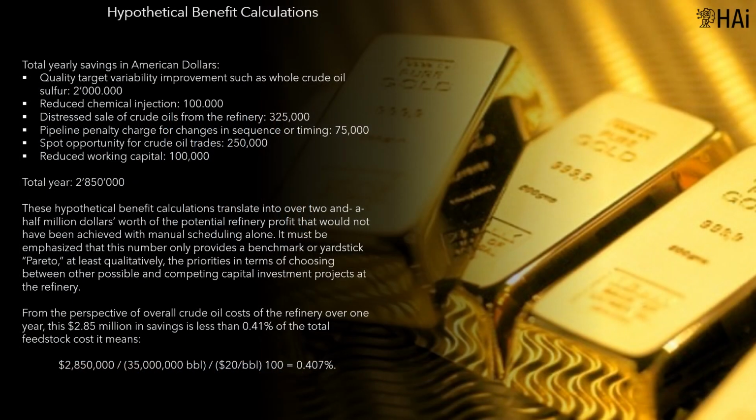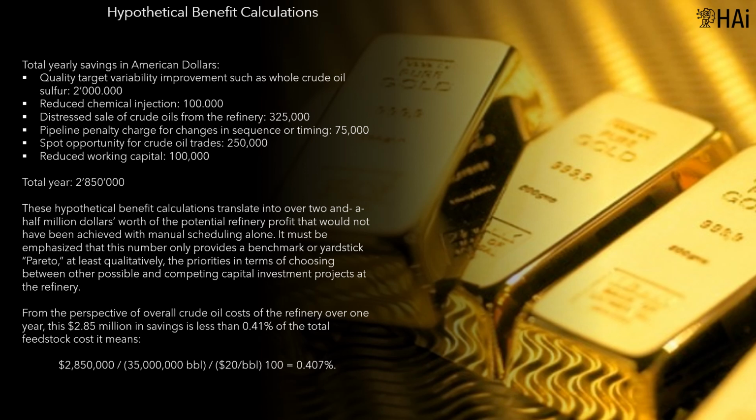Hypothetical benefit calculations. Total yearly savings in American dollars: quality target variability improvements such as whole crude oil sulfur, 2 million; reduced chemical injection, 100,000; distressed sale of crude oils from the refinery, 325,000; pipeline penalty charge for changes in sequence or timing, 75,000; spot opportunity for crude oil trades, 250,000; and reduced working capital, 100,000. Total per year, 2,850,000. These hypothetical benefit calculations translate into over $2.5 million worth of the potential refinery profit that would not have